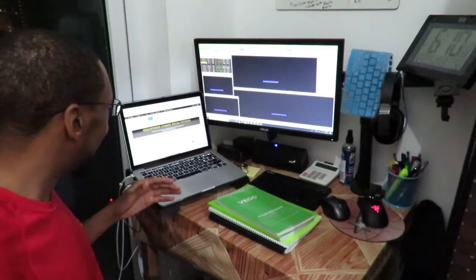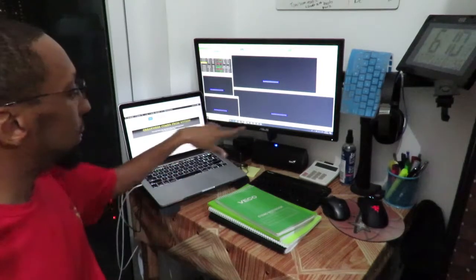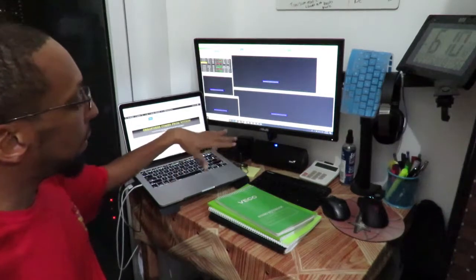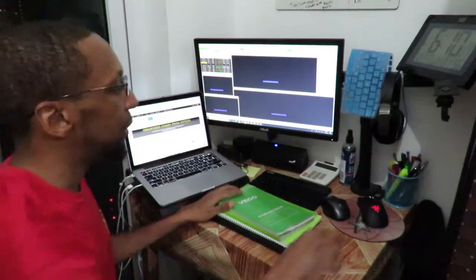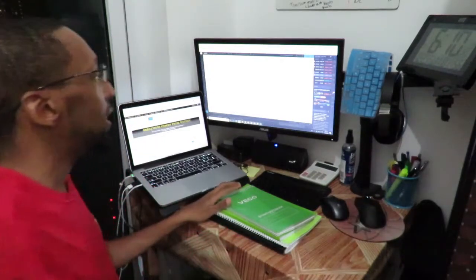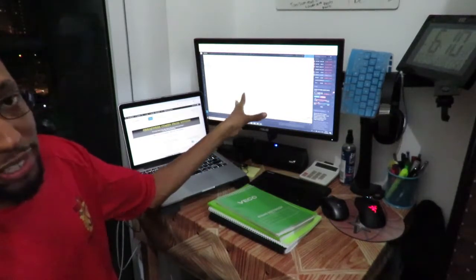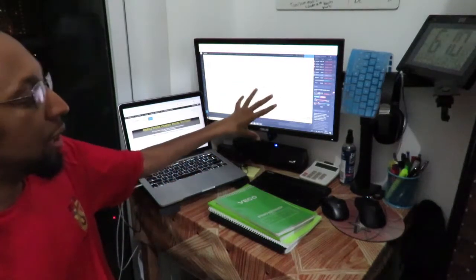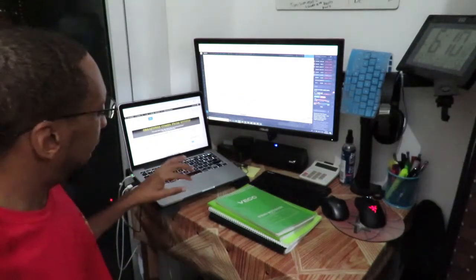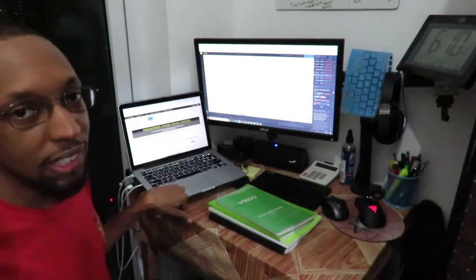So I had my Mac hooked up to the monitor, and I was using that platform, and I was using TradingView. I would do all my charting and make all my decisions. I would use the charts in TradingView to decide when I was going to get in and out of trades, and I would place the trades in the other platform because they didn't really have